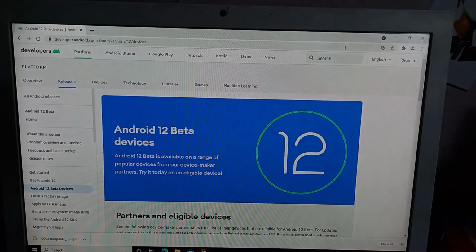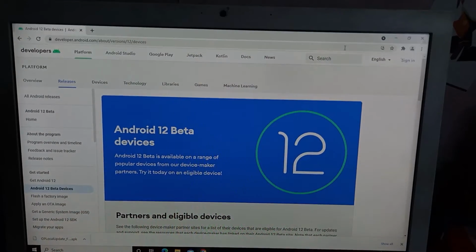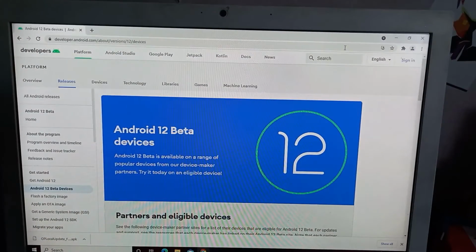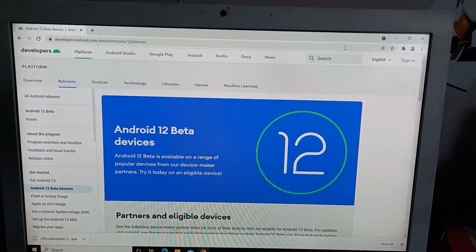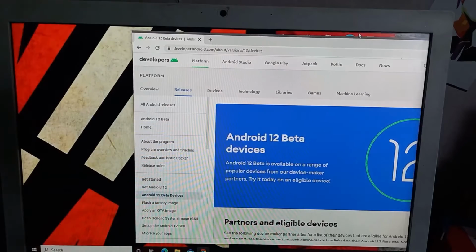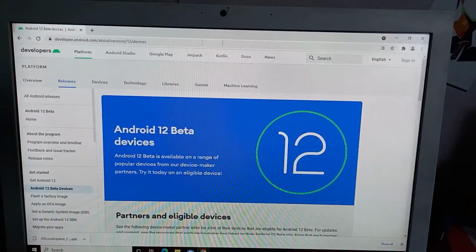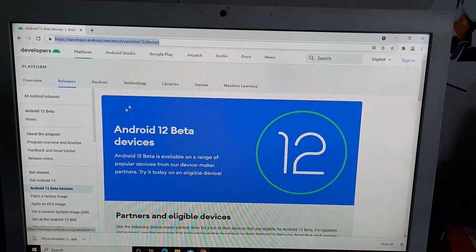You can see, this is the website. Here you can see the link is visible, but I will provide this link in the description so you can easily go through the link from my description below. Now I will show you how to download and install Android 12 from this website. Now let's go.